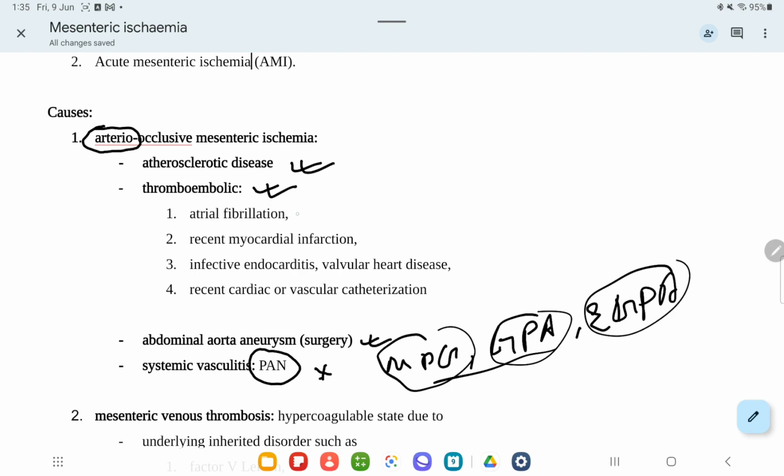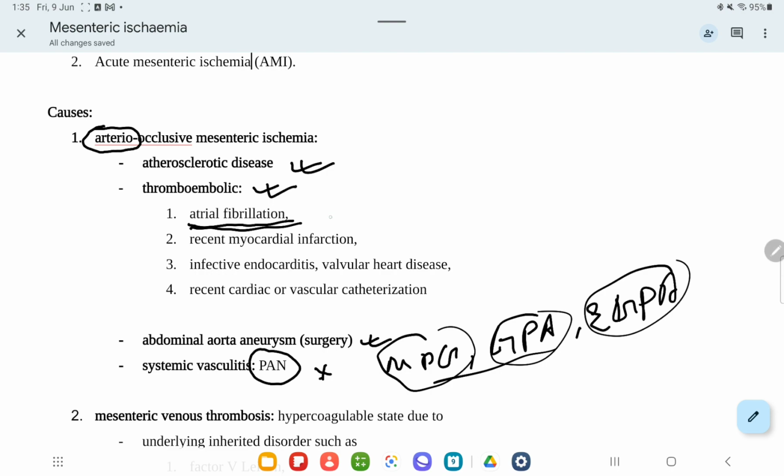Among the thromboembolic disorders, atrial fibrillation is the most important. A patient having atrial fibrillation may present with sudden severe or vague abdominal pain, dull, just low grade or severe, mainly lower abdominal or central abdominal pain. So don't be confused whether it is just acute abdomen or there is a definitive cause behind this acute abdomen.